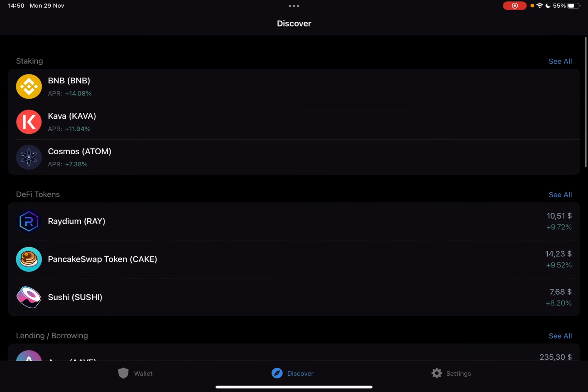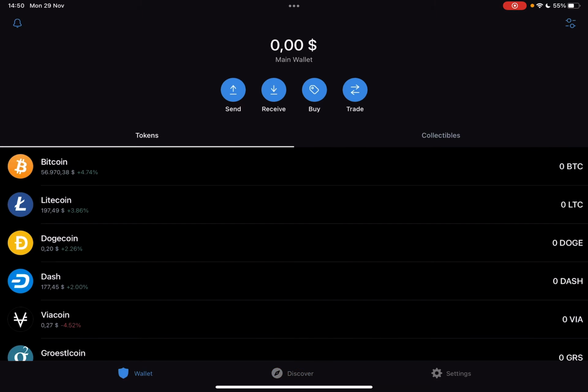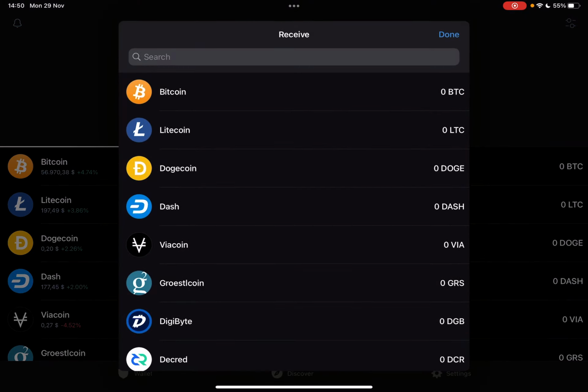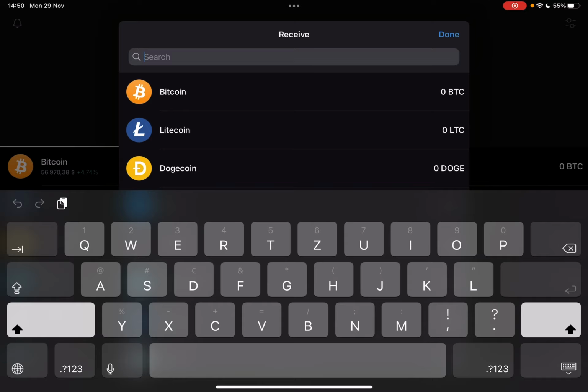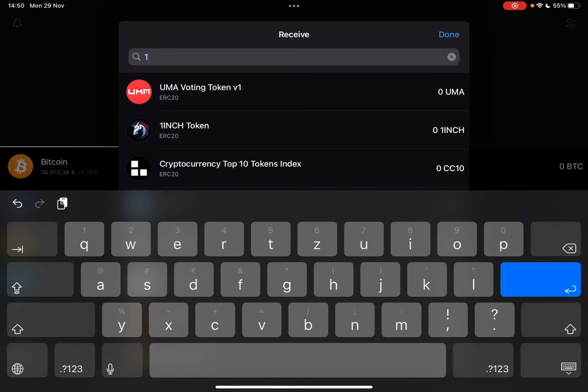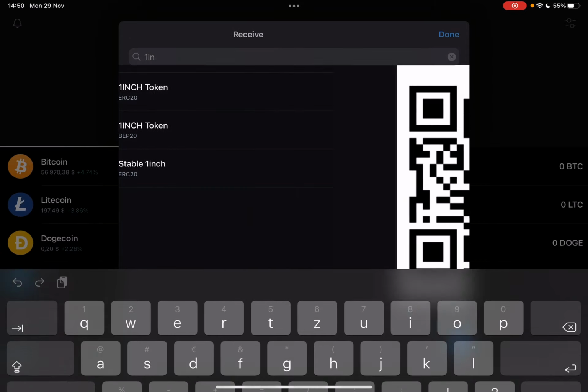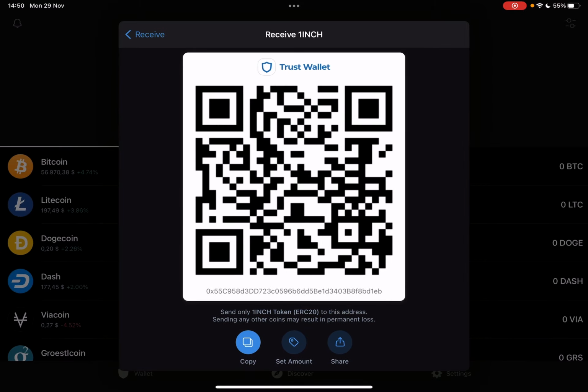First, open the Trust Wallet, then go to the wallet section. And as you can see, you can either buy or receive 1inch in Trust Wallet and choose the one that you are interested in. Start typing in 1inch, and when it pops up, you just tap on it and it's going to generate your own 1inch token QR code. And with this QR code, you can receive 1inch in your Trust Wallet anytime. Or you can just tap on copy and it's going to copy your 1inch address and you can receive 1inch